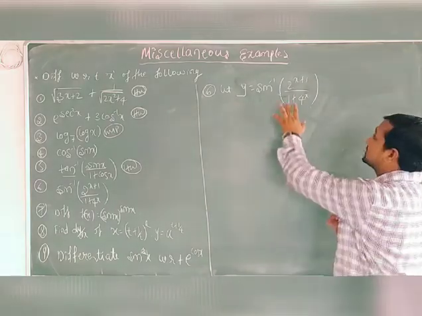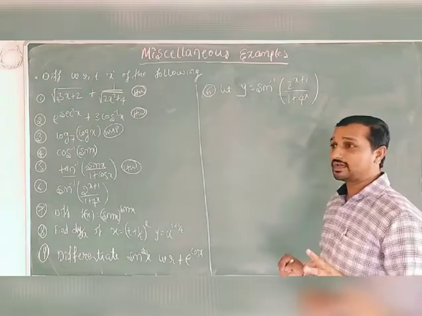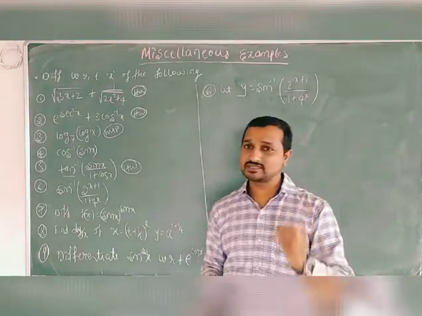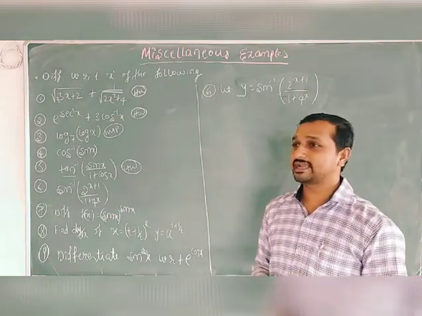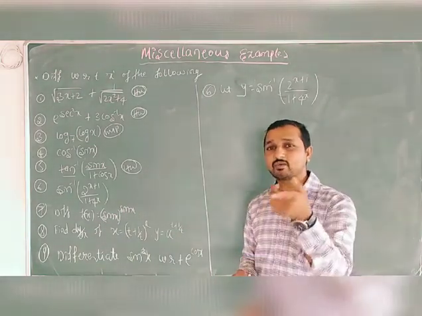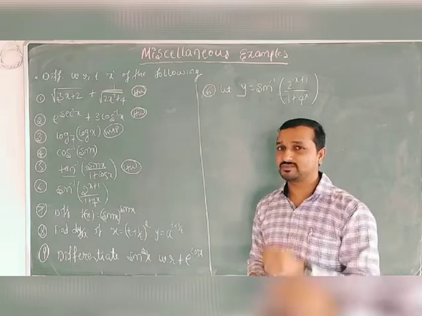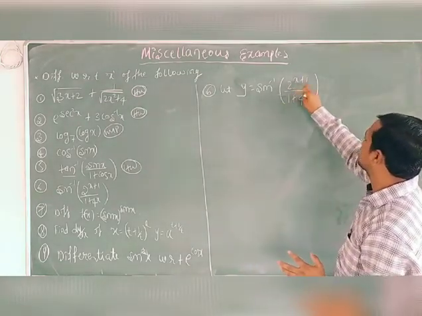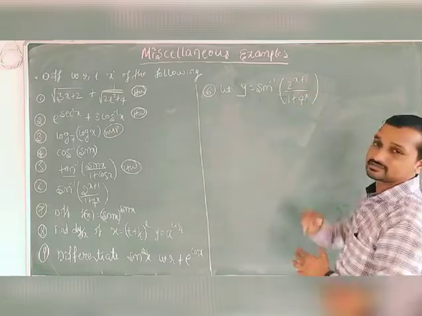Okay, here what is the formula for the sin term? There are two formulas regarding the sin term. First one is 2 sin x cos x, the sin 2x formula, or the second one is 2 tan x divided by 1 plus tan square x, which is also the sin 2x formula. Here see that 2 raised to x plus 1 is there, 1 plus 4 raised to x is there.